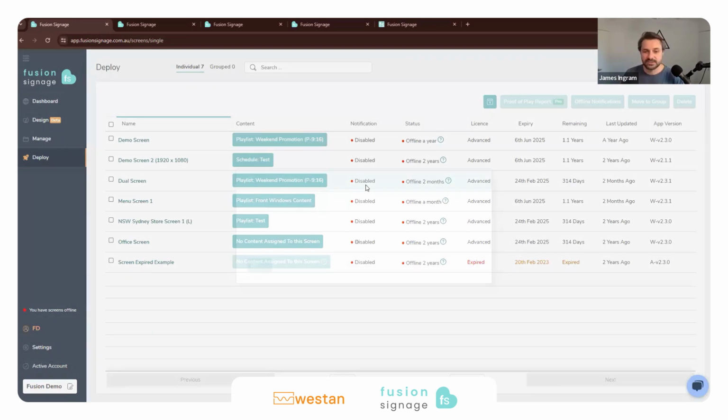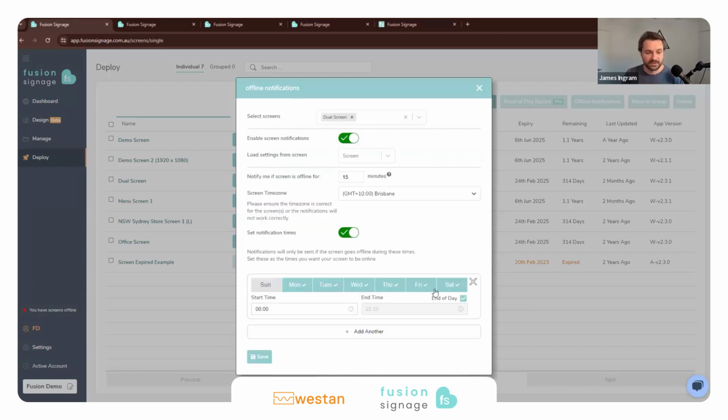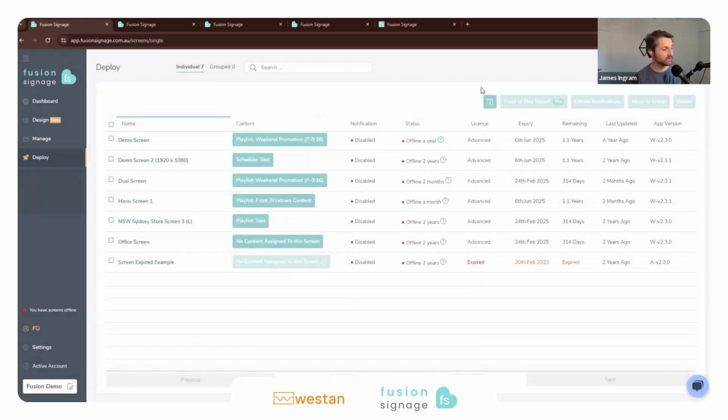We've got a notification column to email you if the screen goes offline for a specific period of time, say 15 minutes, or you could specify online, offline times in here. So if the screen's supposed to be on Monday to Friday between these times, only send you an email during those times if the screen goes off. So just a way to be more proactive if the device goes offline, so that way you can get it